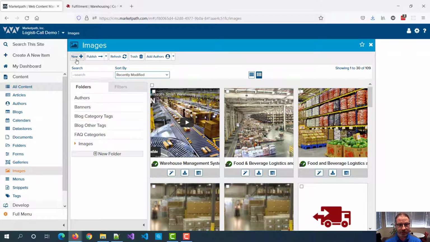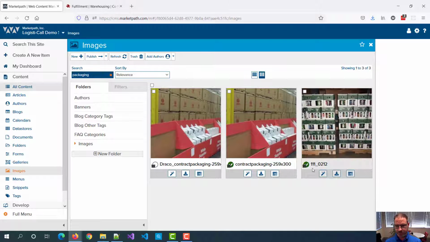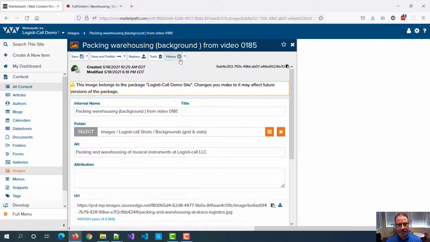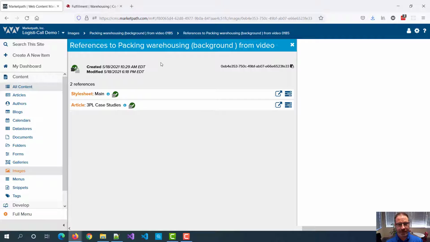So let's go ahead and take a look at the image packaging. Whoop, wrong one. I want packing. Here we go. Alright, so this image in particular. If I click on the properties of this image, and then I go up here to where it says history and hit the drop down arrow, you're going to see a new addition here called references. This is really nice because now when I click it, I can see that this image is referenced in two places. It's referenced in the main style sheet, and it's also referenced in the case studies article that's shown right